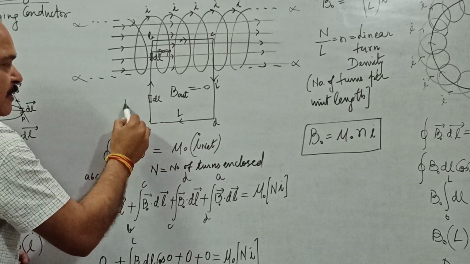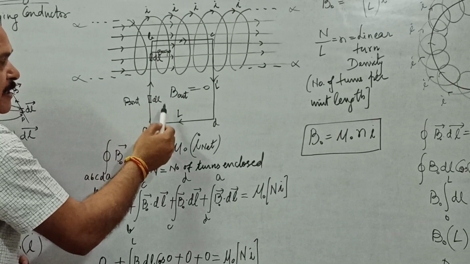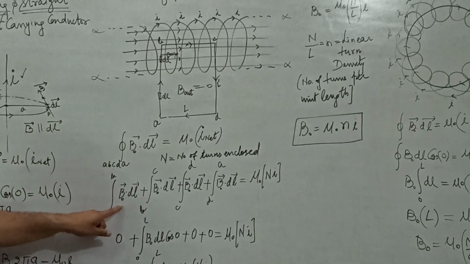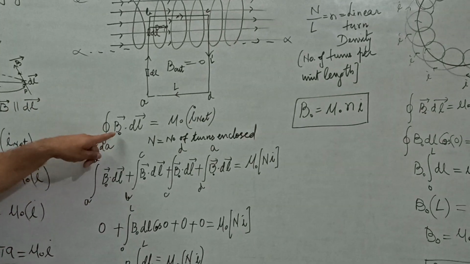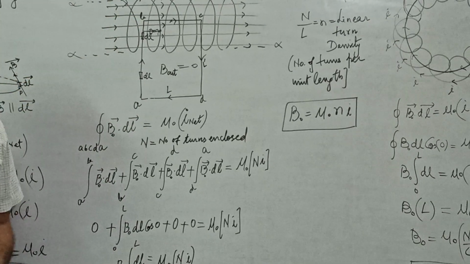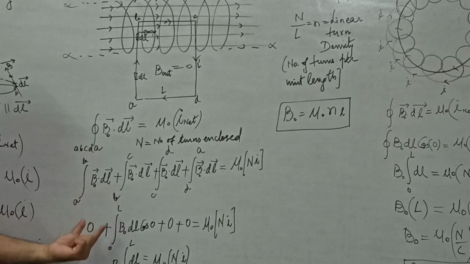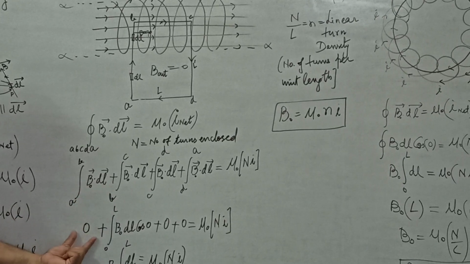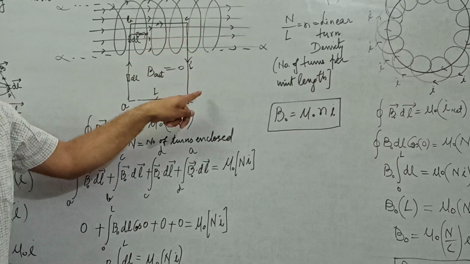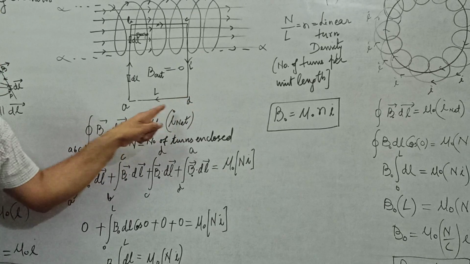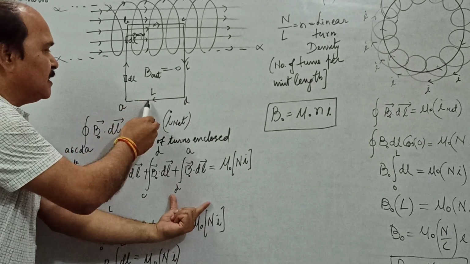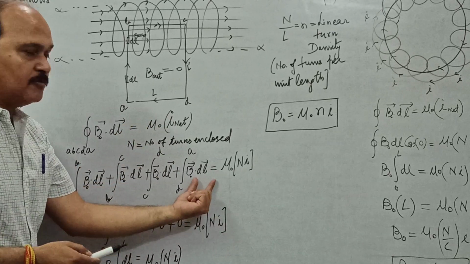Since the magnetic field itself is 0 here, B dot dl is going to be 0 outside. So outside, B dot dl is 0 because one of the two vectors is a null vector, and inside, B dot dl is 0 simply because B and dl are perpendicular to each other. So along this path, B dot dl is 0. Same is the logic for B dot dl integration becoming 0 along path C to D. And for the path D to A, B dot dl is 0 simply because B is 0. So out of two vectors, one vector is 0.